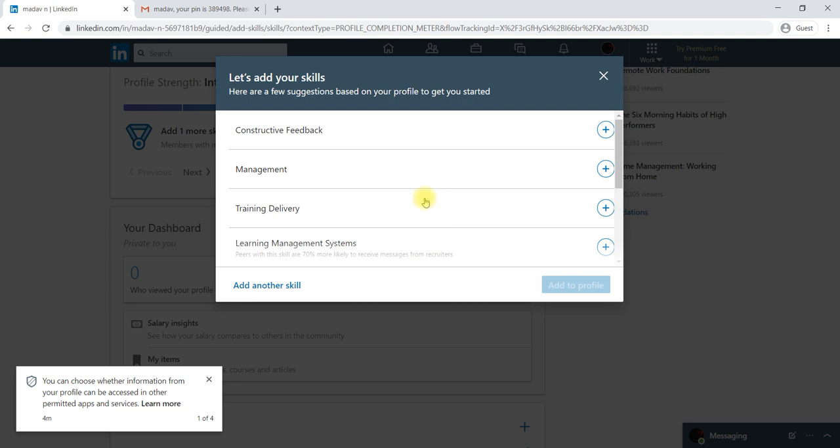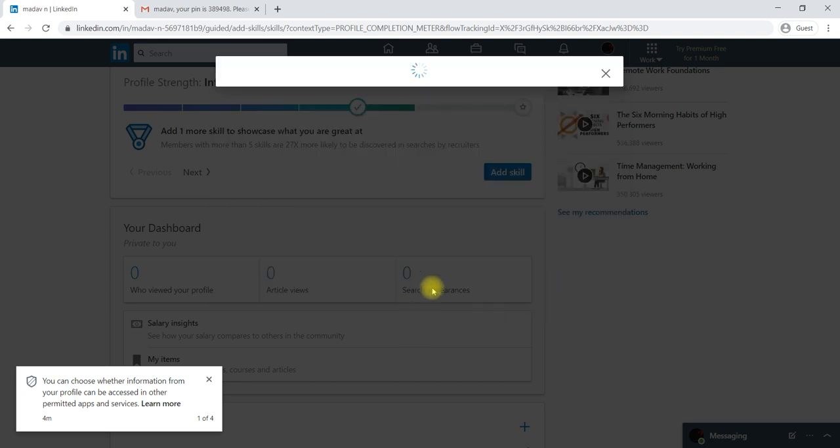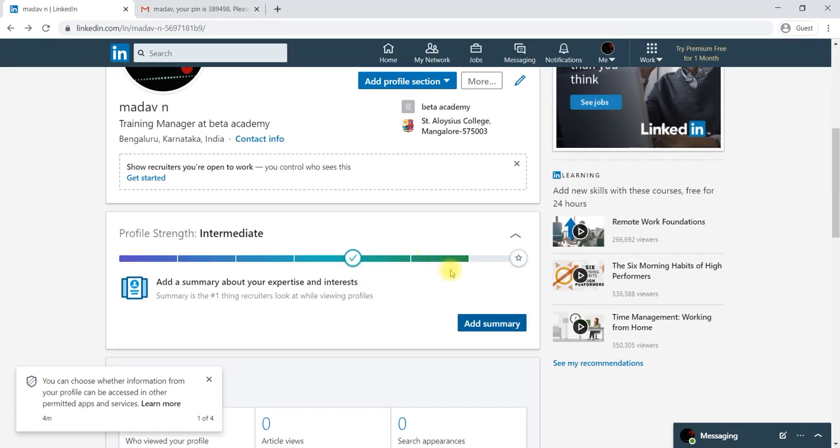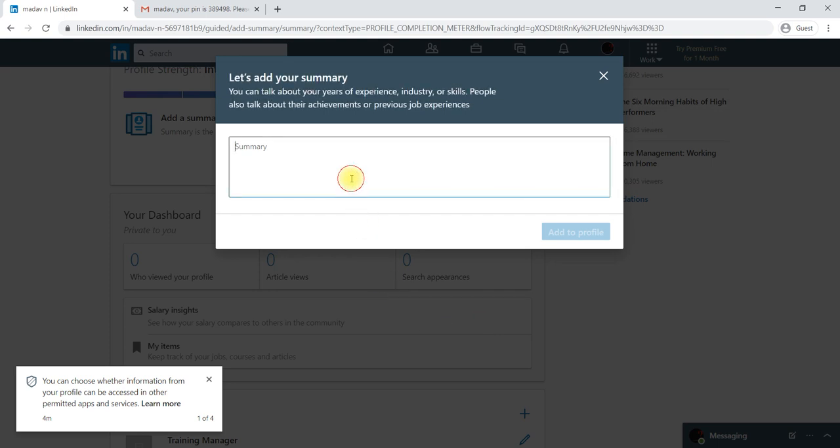Okay, then we can say here add skills, like we already added four skills. Another skill we need, we'll add. Okay, so total five skills we have added. And we can add a summary. Summary is nothing but what exactly you are doing.